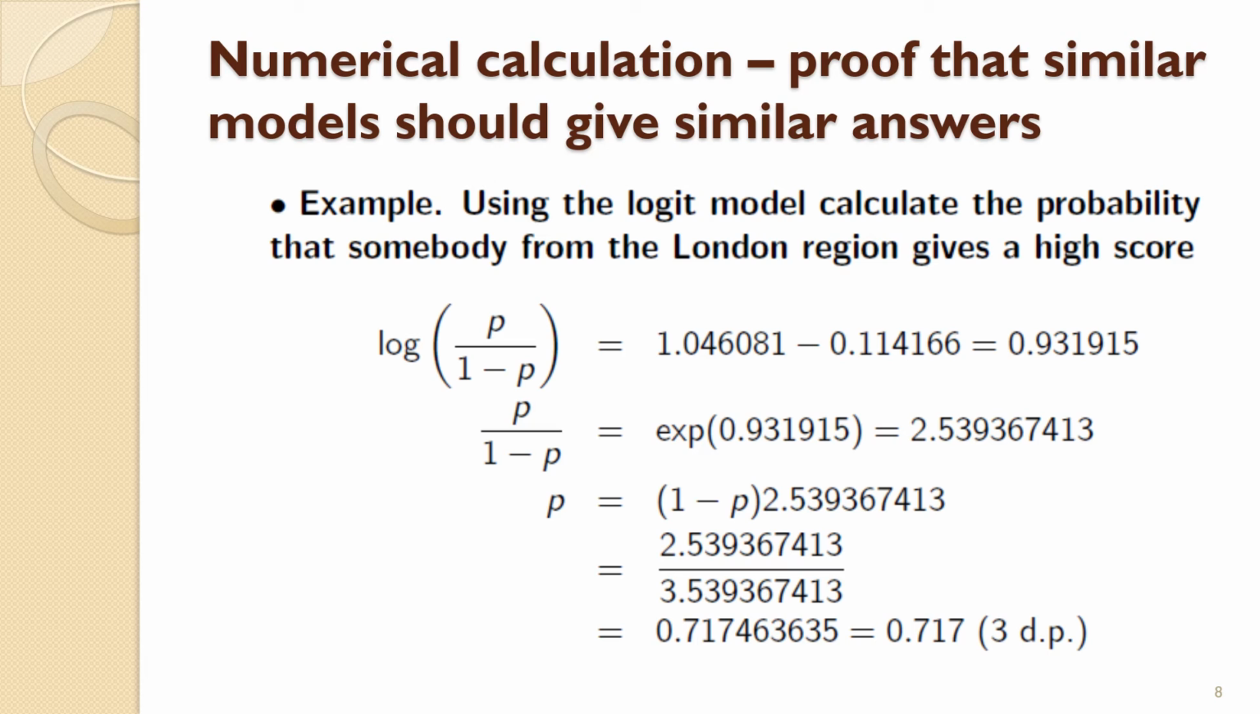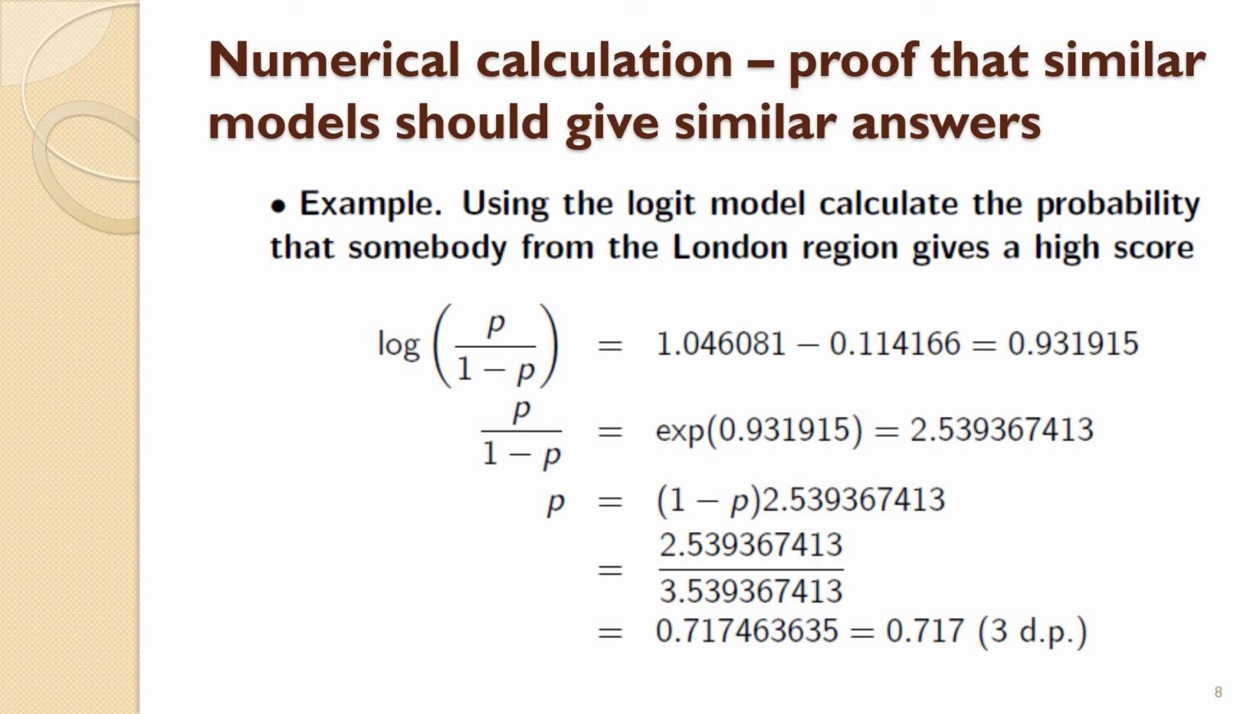I wanted to give you some examples here of numerical calculation, which should present proof that similar models should give similar answers. Okay, so from the previous set of regression results from 2 slides ago, from the logit model, what you would do is set log of the probability over 1 minus probability equal to the regression bit. So I said there log, but I mean ln. So you get that the log of p over 1 minus p should be equal to 0.931915. Take the exponential of this. So p over 1 minus p equals the exponential of the regression bit, which gives you